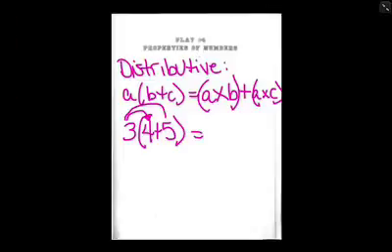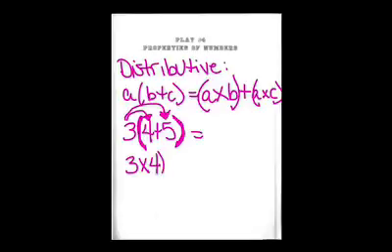A little technical difficulty. 3 wants to go to this party, and 4 and 5 are already there. 3 is at the door to the party. The door is the parentheses. 3 is knocking on the door and has to ask 4 and 5 for permission before he can go to the party. So that's the same thing as saying 3 has to talk to 4, so 3 times 4, plus,